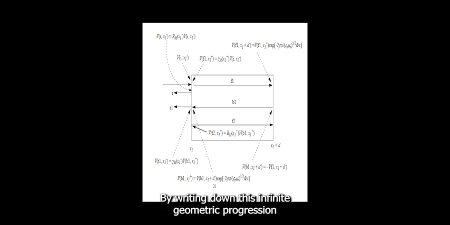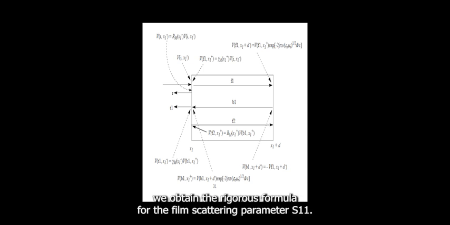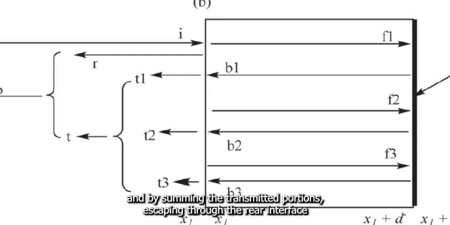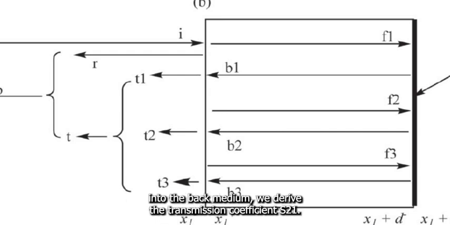By writing down this infinite geometric progression of waves escaping from the front and summing them to infinity, we obtain the rigorous formula for the film's scattering parameter S11. For a film without metal backing, WMB, placed in empty space, where R_rear equals Rm, we get S11. And by summing the transmitted portions escaping through the rear interface into the back medium, we derive the transmission